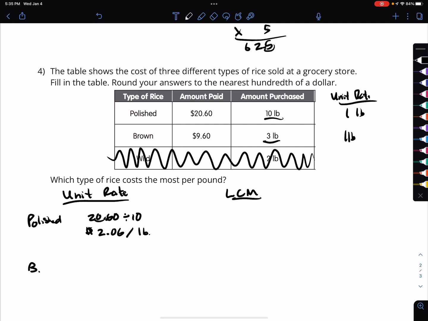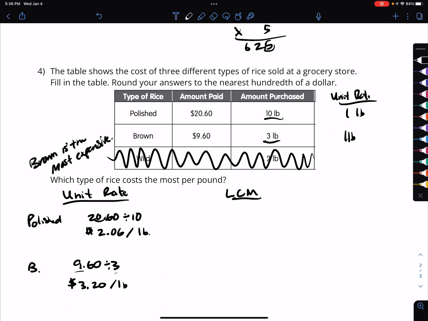And then brown, we would need to do 9.60 divided by 3. Well, this one seemed a little bit tricky at first, but now that I look at it, I know 9 divided by 3 is 3, and 6/10 divided by 3 is 2/10. So the brown will cost $3.20 per pound. That means that brown is the most expensive, but